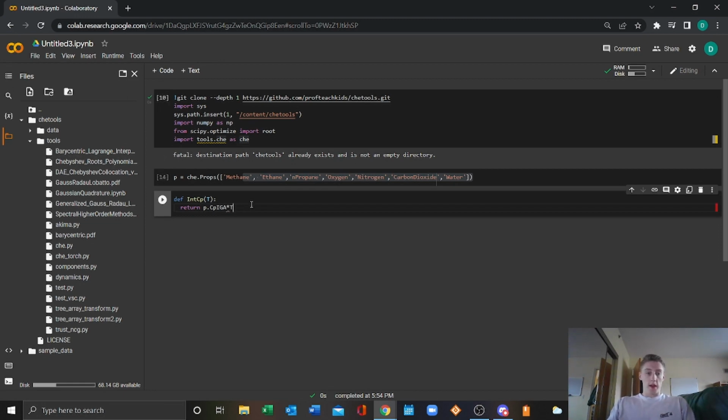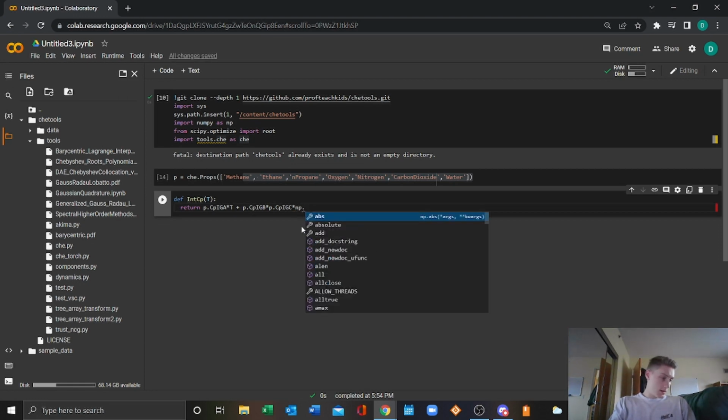We'll multiply this by t, because this is just our a term in that equation after it's been integrated, so we have to multiply by t. And then what we'll do is add p dot our b term times the c term, times np dot,